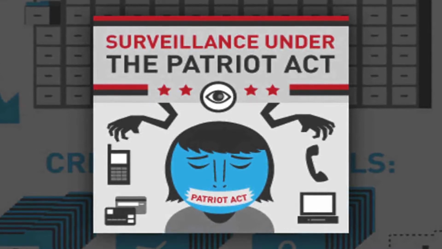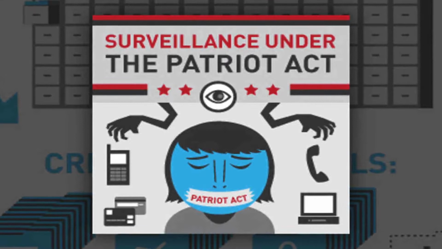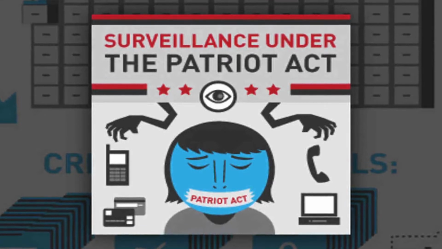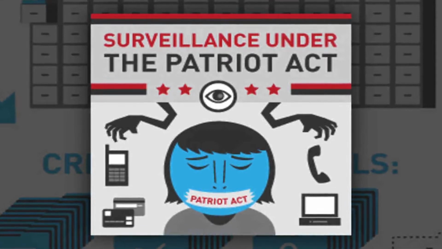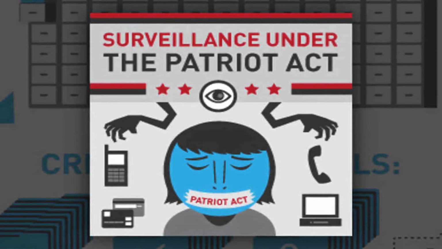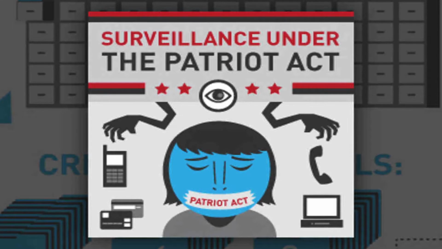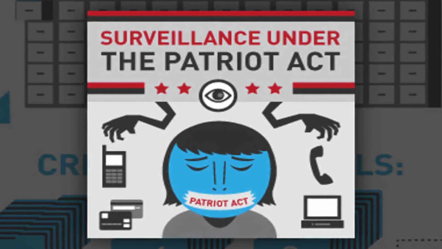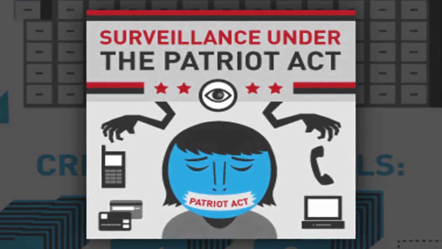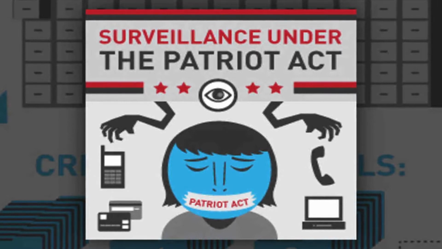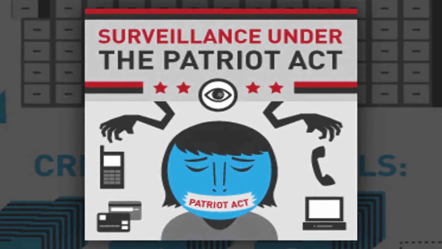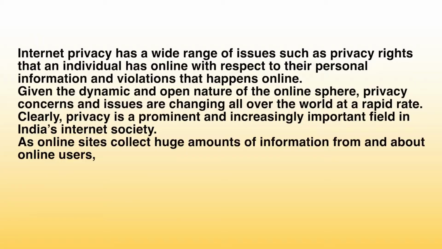Emails are also governed by the Electronic Communications Privacy Act (ECPA) and the Patriot Act. Even though the ECPA originally set up protective ways to safeguard email, those protections have been weakened in many instances by the Patriot Act. Conclusion: Internet privacy has a wide range of issues such as privacy rights,